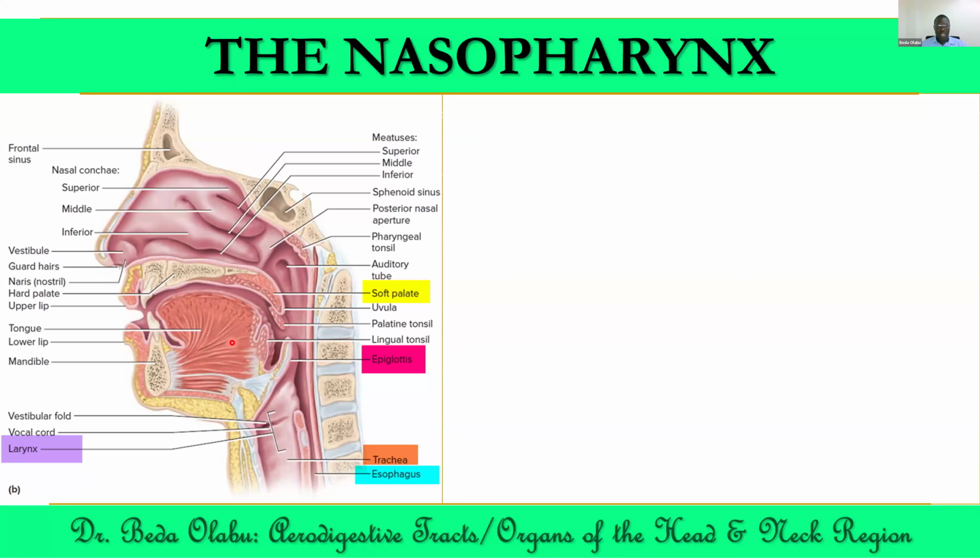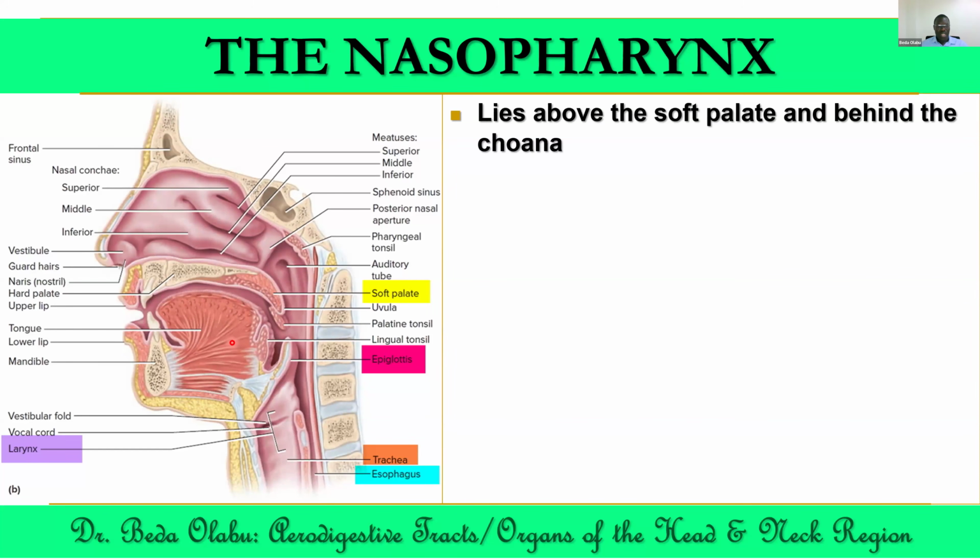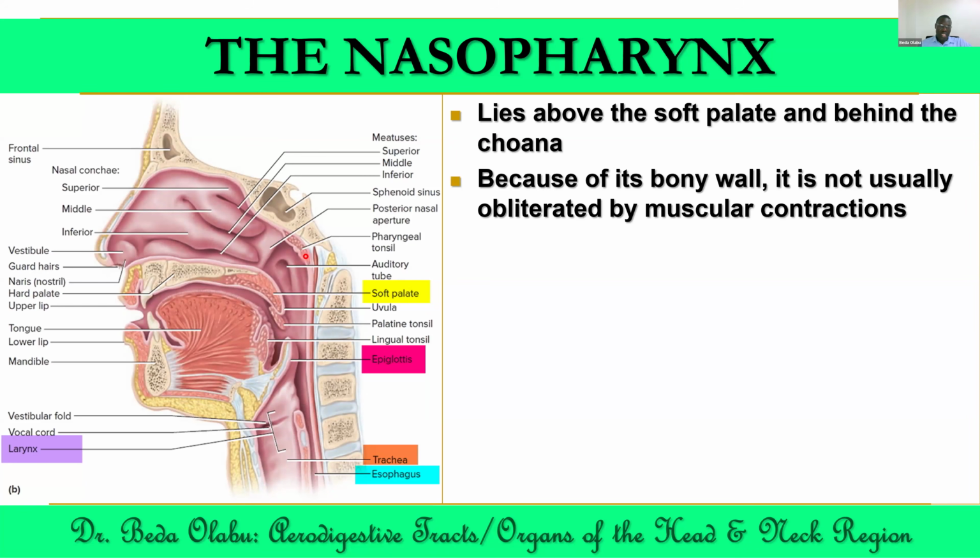Let's begin with the nasopharynx. So the nasopharynx is a region of the pharynx that lies above the soft palate and behind the choana. So this is the choana, the posterior nasal aperture. This is the soft palate. So this is the region of the nasopharynx. Generally, the nasopharynx has a bony wall. On the roof, we have the sphenoid, we have the basilar. On the sides, we have bones behind as well. And because of this bony wall,